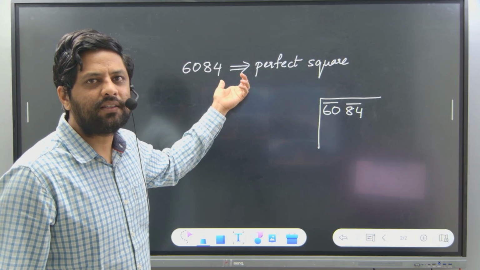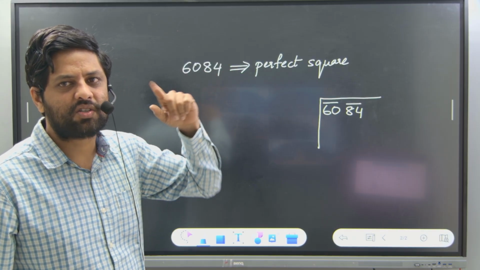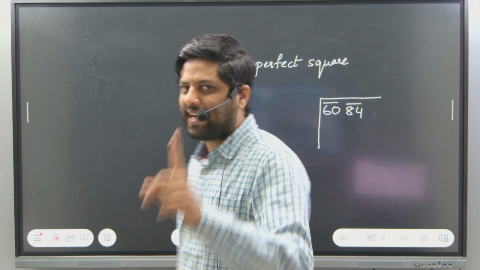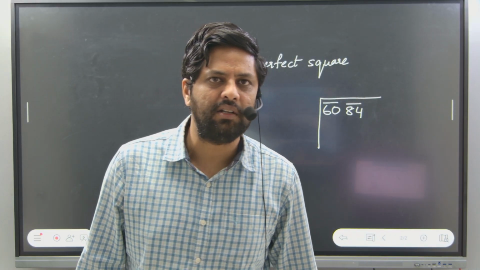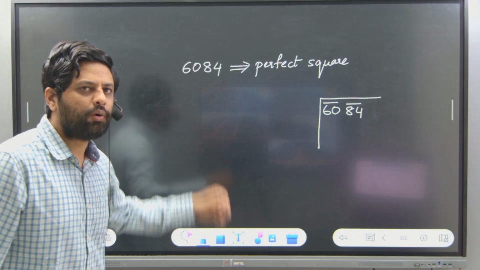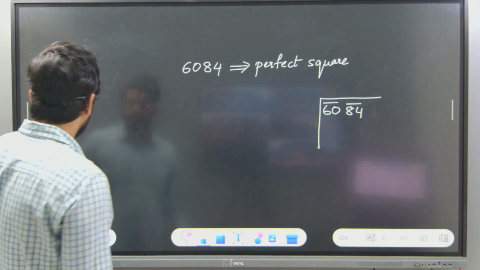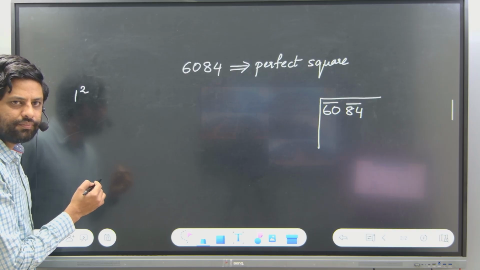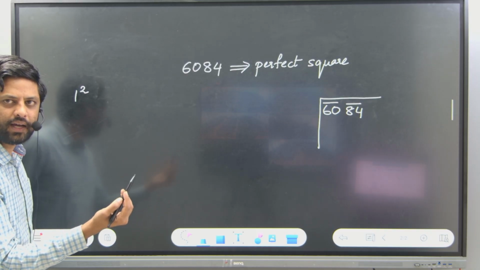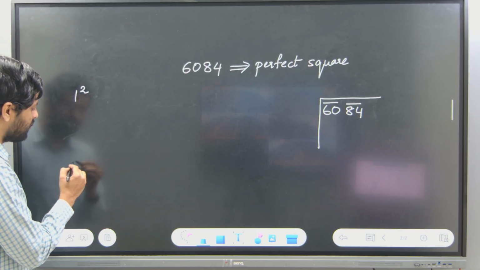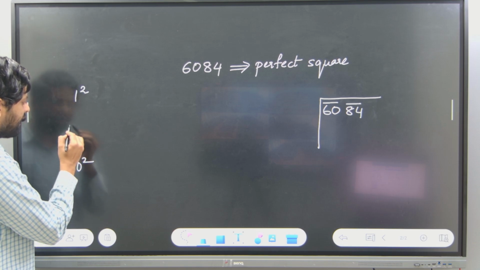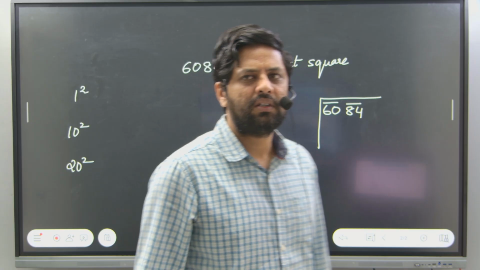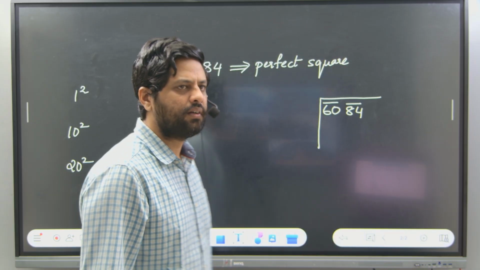In less than 20-30 seconds, we can directly tell the square root of these kind of numbers, which is a perfect square. As I told you, this works out only if it is a perfect square. 6084. Now, I think you're very aware from 1 square until which number? You're very quick with 1 square to maybe 20 square. And I'm very sure 1 square to 10 square, you're even more perfect. There's nothing to think at all. You'll quickly tell the answer.